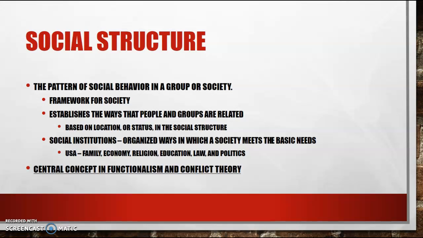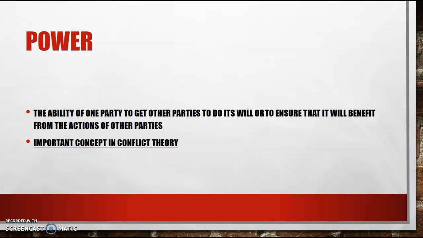This is a central concept in functionalism and conflict theory. The idea of power is how does one person or one party or group of people influence the others? What is it that they do to ensure that they will benefit from the actions of other parties? How do they keep that party down? And that's what we'll look at mainly in conflict theory, but you do have this also in the other two